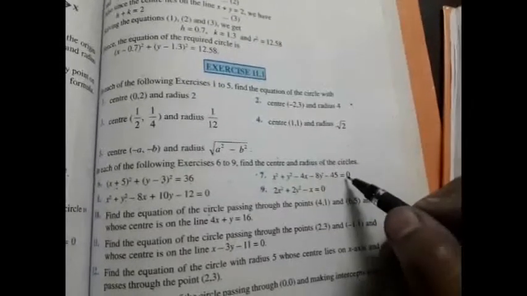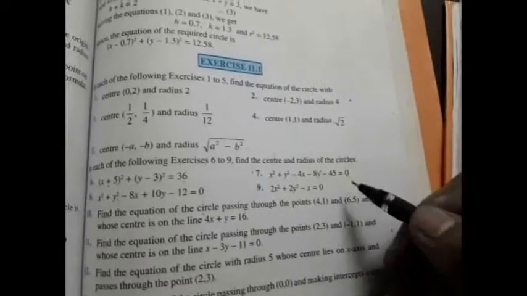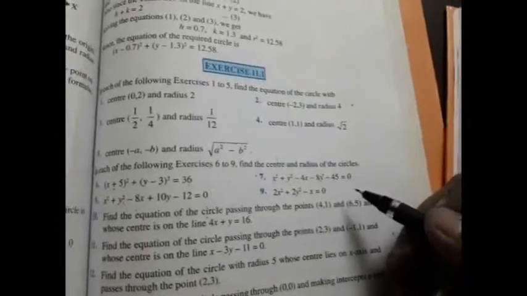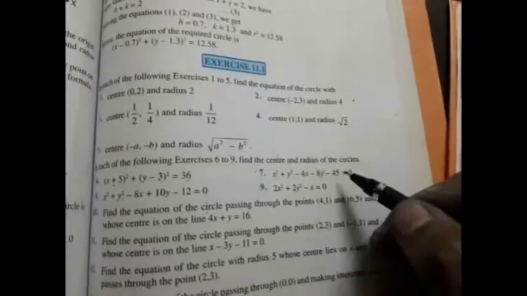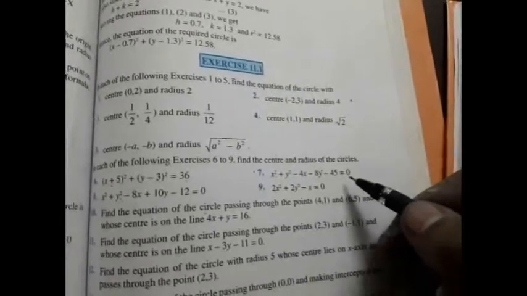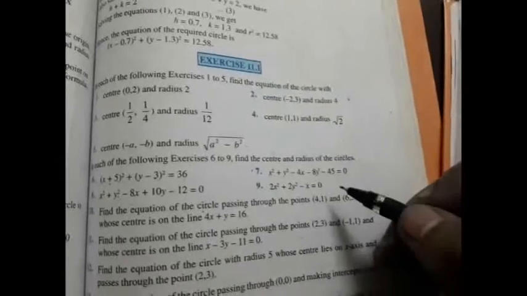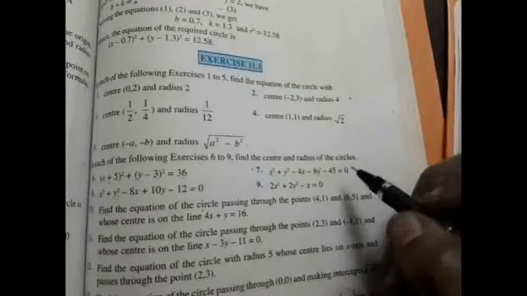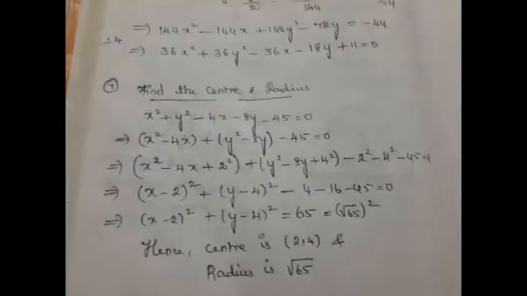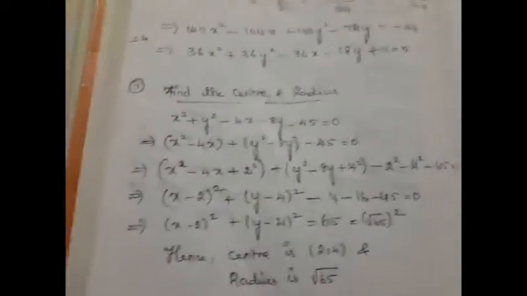So if the equation is already in the standard form, it is easy to obtain your center and the radius. But if it is in the derived form like this, how can we get our center and the radius? Let us see. What we should do is rewrite this in the standard form, and then check what our center and the radius are. Alright. Now let us see how we can solve our seventh problem.